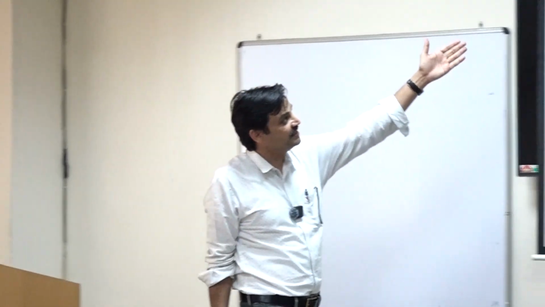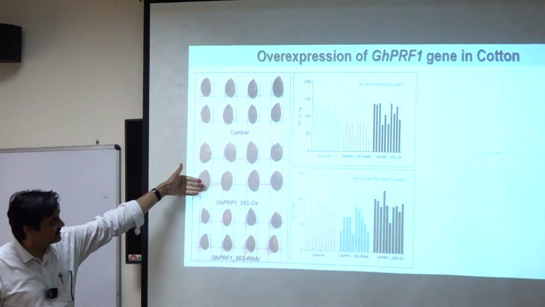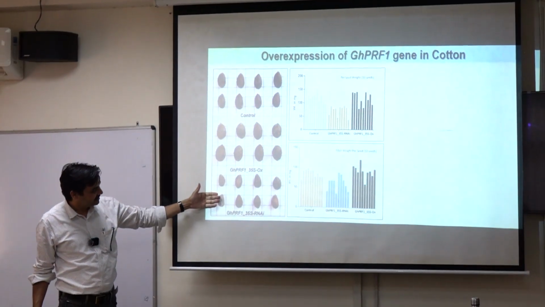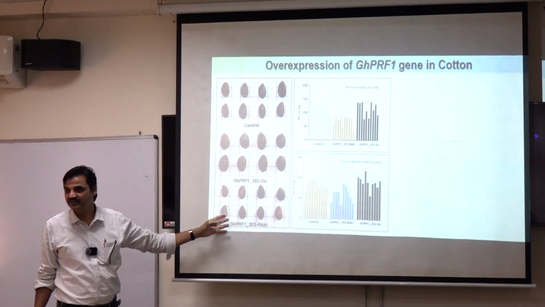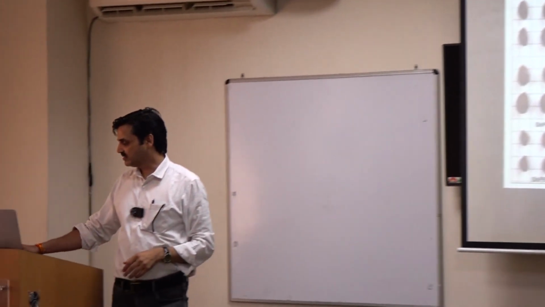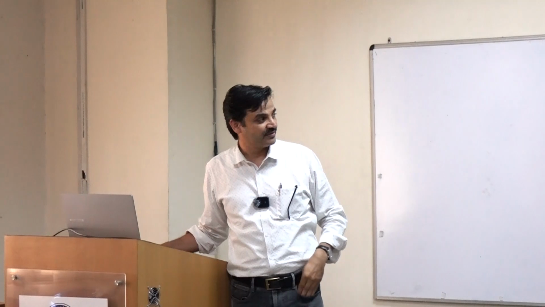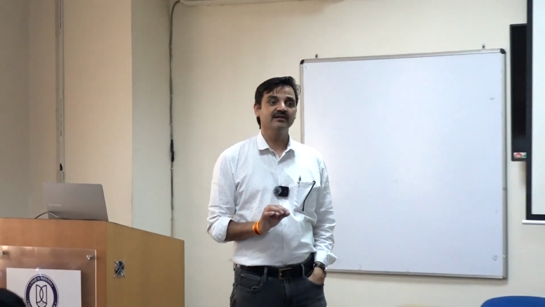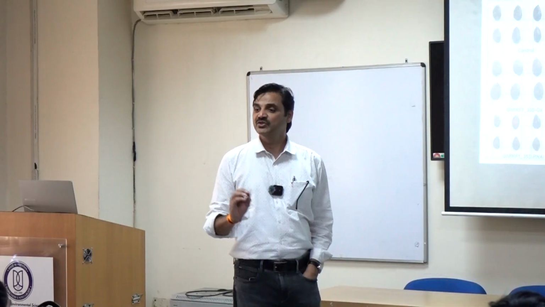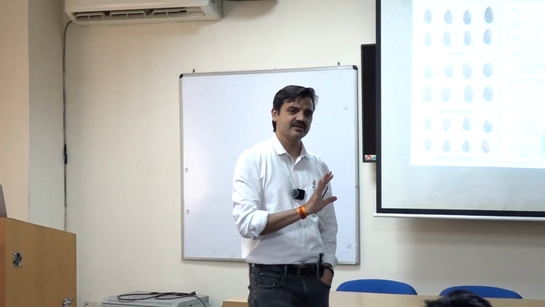But we could increase production. We have some seeds here. See, this is control seed. Transgenic overexpression, seed size was bigger. This is silencing line, seed was weaker. So we could get more fibers in terms of production. And there were some genes that we tested later on. So the message here is that by genetic manipulation with certain genes, you can increase the net production by increasing the number of flowers.